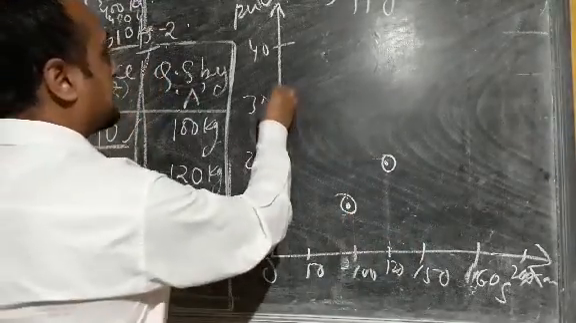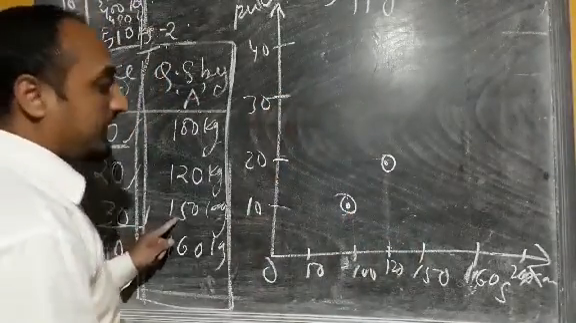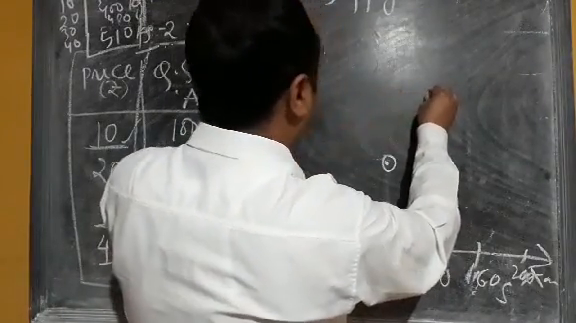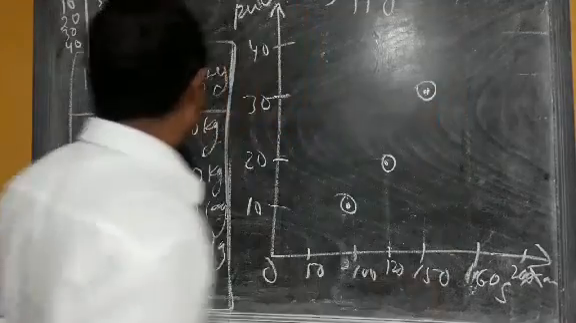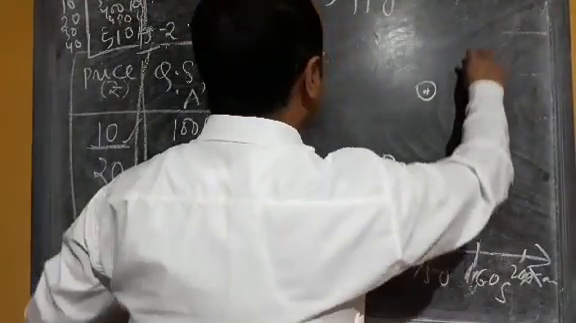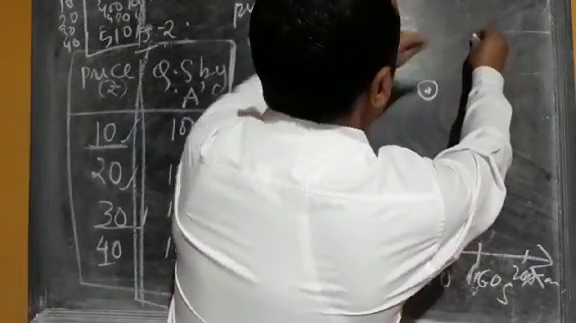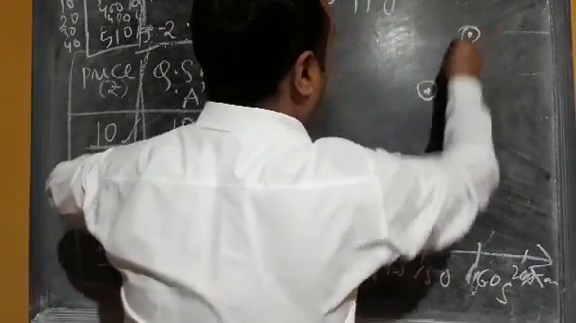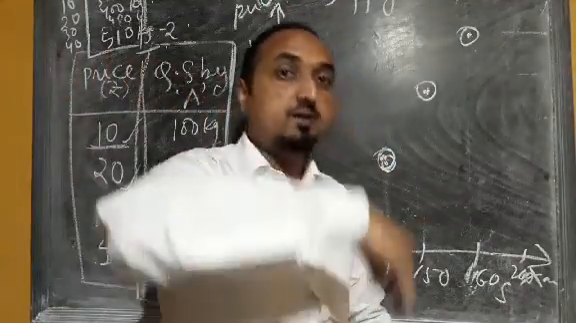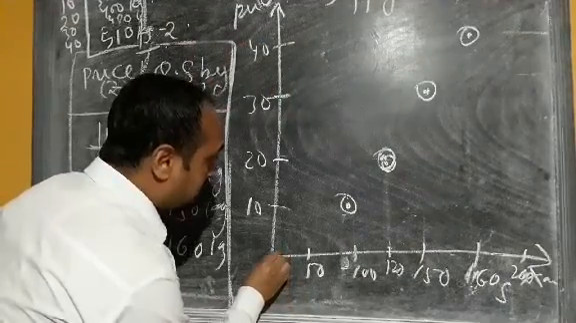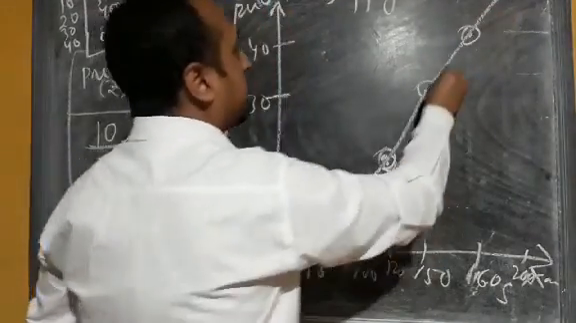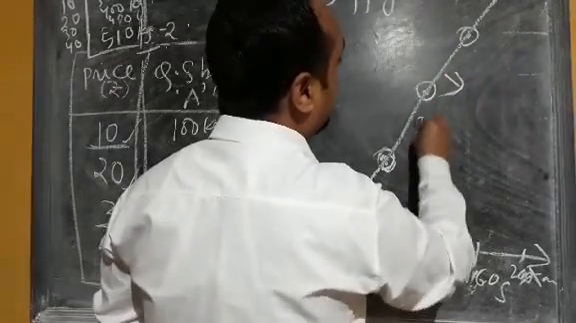Now at price 30, what is the quantity? 150. At price 30, quantity supply is 150. Okay, so here is 150. Now at price 40, quantity supply is 160. Suppose this is your 160. Now after plotting all these points, we have to join them with free hand. So I am joining this line with free hand, and we will get a curve. That curve is called what? Individual